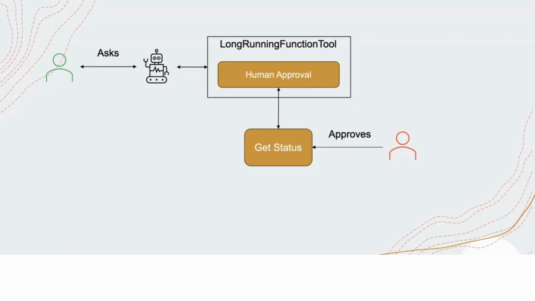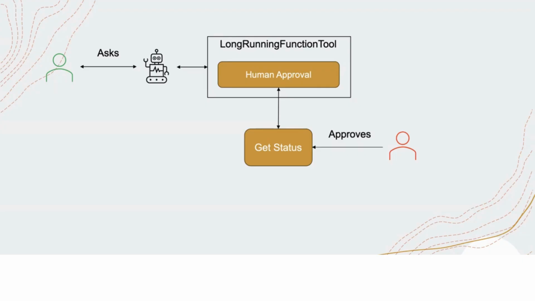and then it will wrap that particular tool into something called a long running function tool. So what will happen is when I wrap a particular tool with long running function tool, the agent execution, after it invokes the tool, completes the function and returns a response to